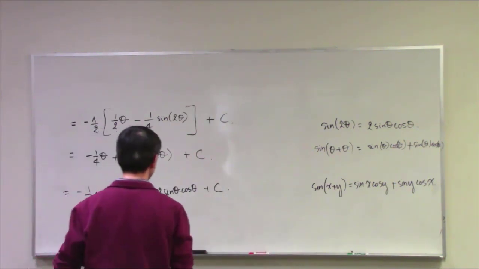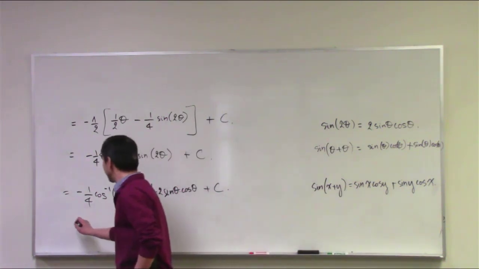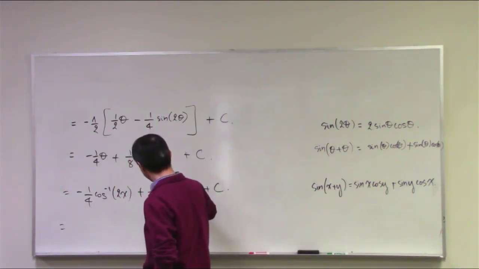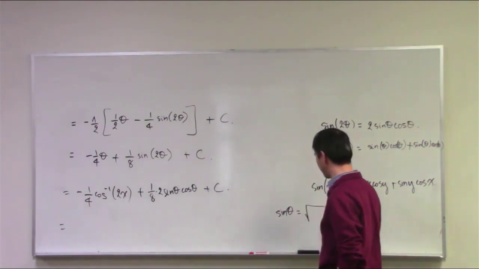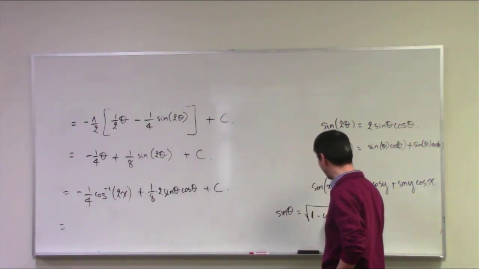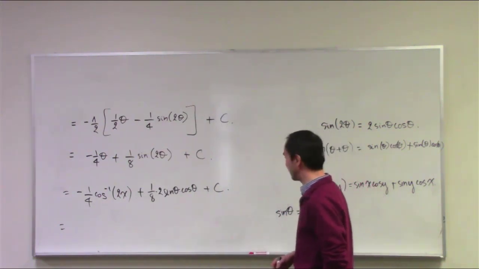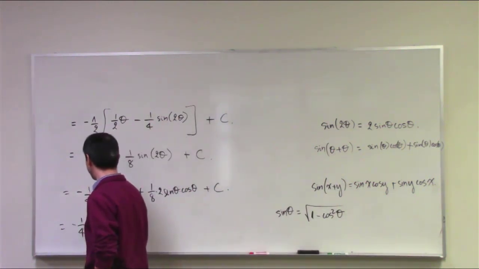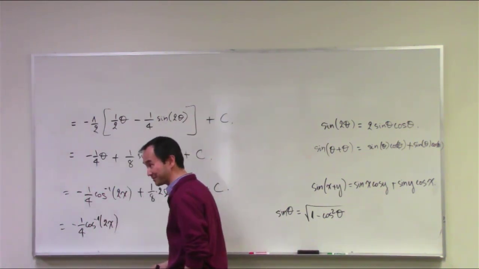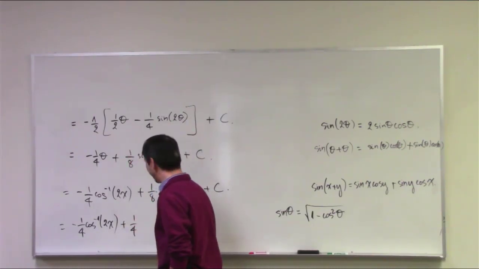Now, why am I doing this in this problem? Because in the next step, with the sine itself, you always have your choice. You think of that as a square root, just like the work we've done earlier, 1 minus cosine squared. See what I'm saying? No? Okay, so that's how we understand sine. Now we have everything ready: minus 1/4 times cosine inverse of 2x. We're on our way bringing the original variable back. So 2 cancels with 1/8 here, making it 1/4. See what I'm saying? No? Okay, and then